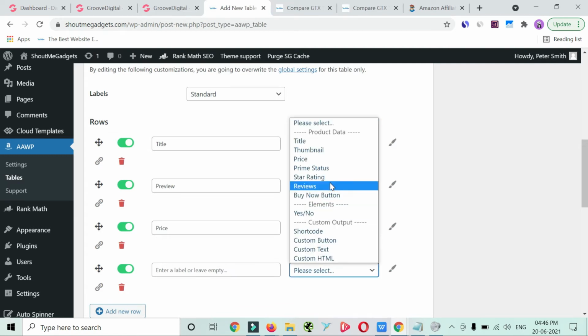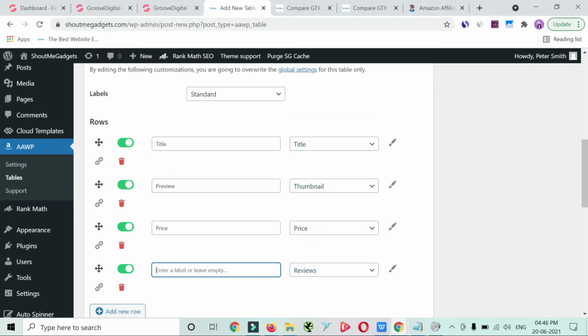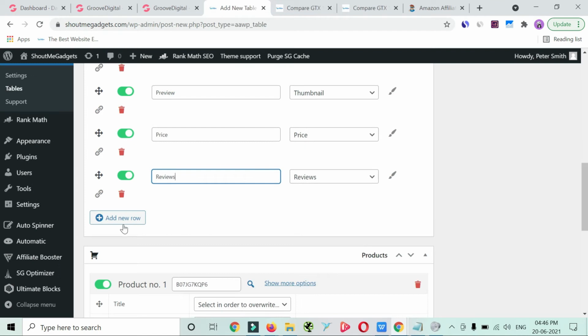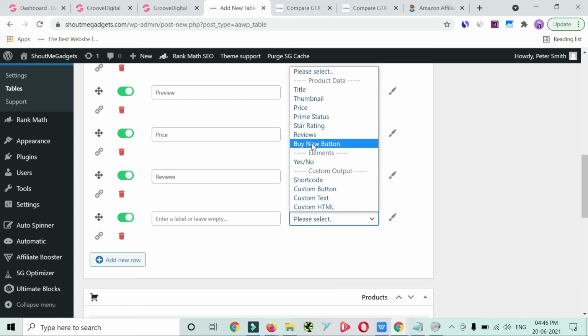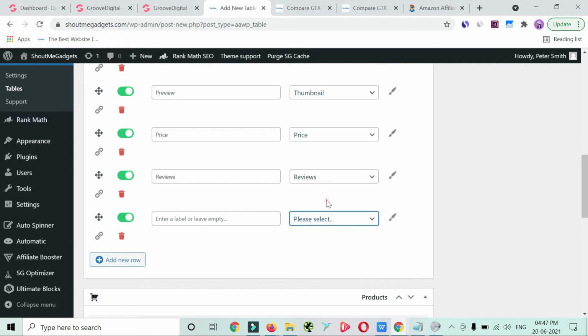I want to show the reviews as well, so I will enter reviews here, and let's connect another row. You can add custom text if you want to add manual values or show more values in the table. Let's click on custom text, and I want to show, for example, a manual value with the name memory size.